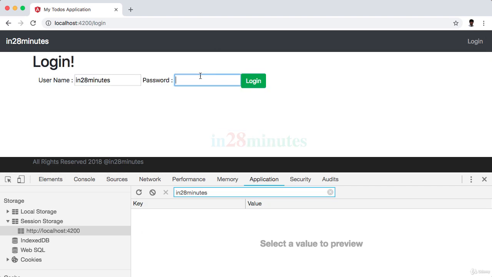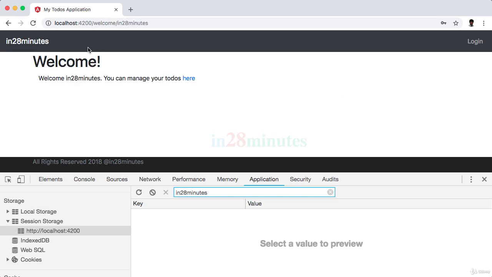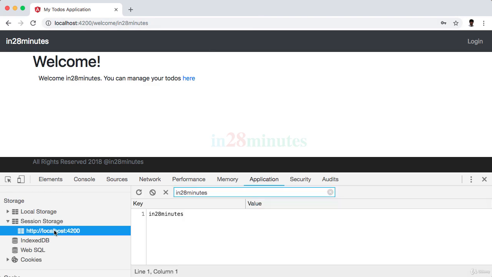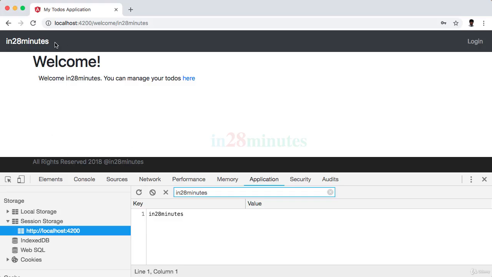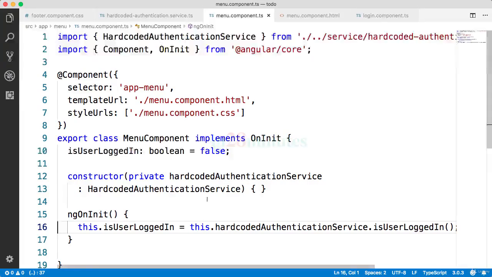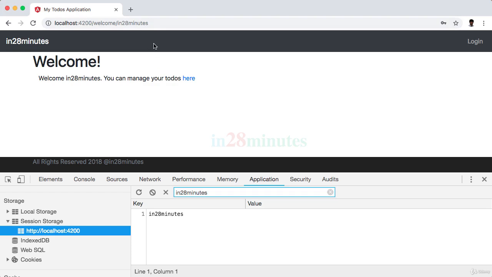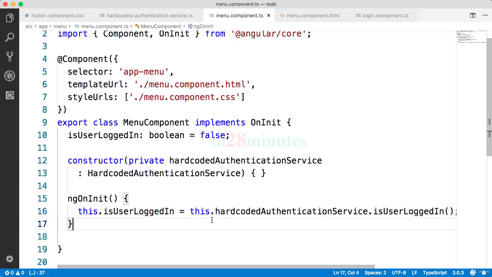And even if now I log in as in28minutes, dummy, you'd see that only the login menu item is shown, remaining are not shown, because even though the item is there in the session, so if you refresh the session storage, you'd see that the item is there, but it's not picked up by the menu because the menu is not being refreshed at all. The ngOnInit on the menu component gets called only when the entire page gets refreshed. And the way we can avoid this is by